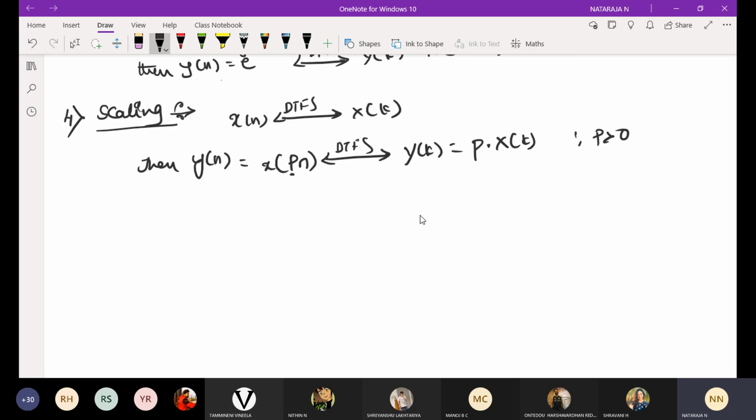Next will be the convolution property. Convolution. If